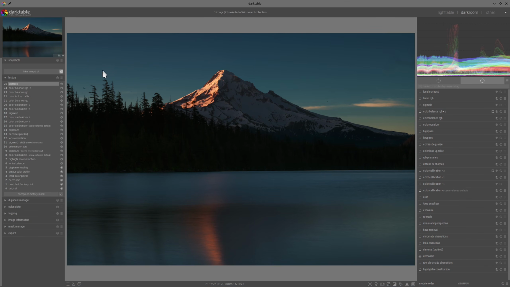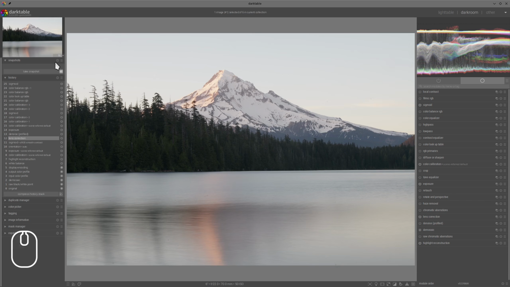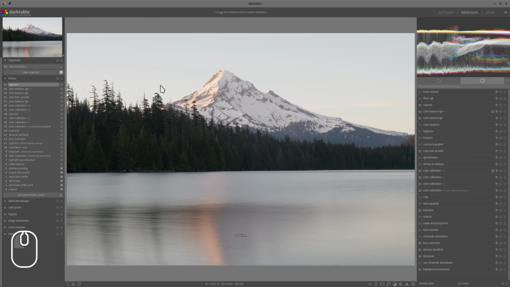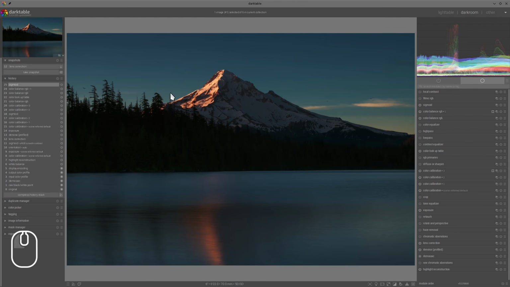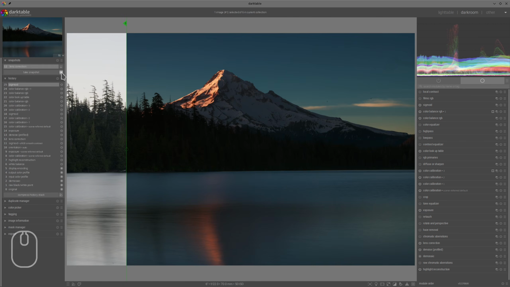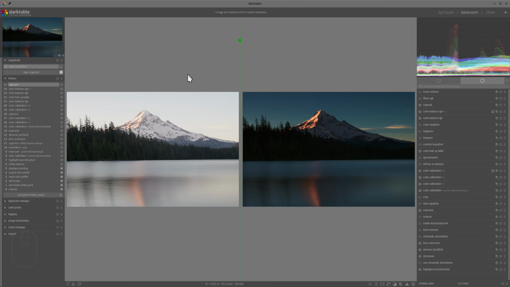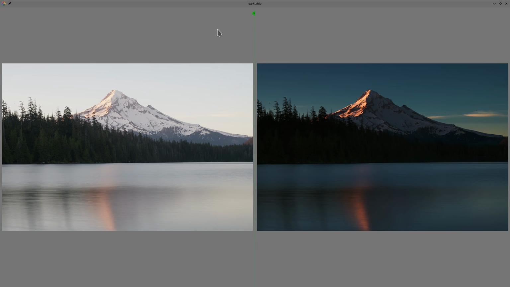So let's compare before and after. We can start here with lens correction and take a snapshot. Go to the last step and maybe use this thing here. Look at that. Look at the difference. You see how that